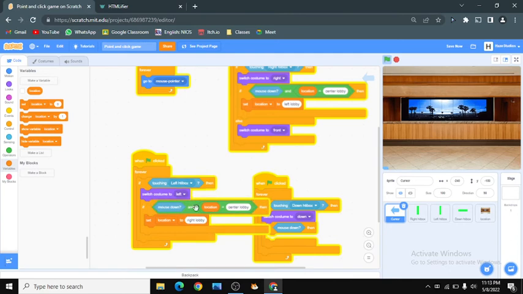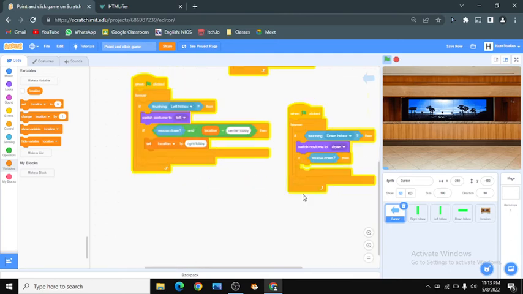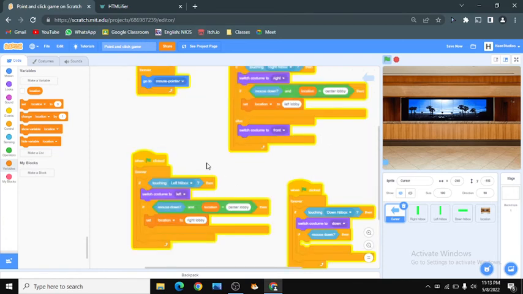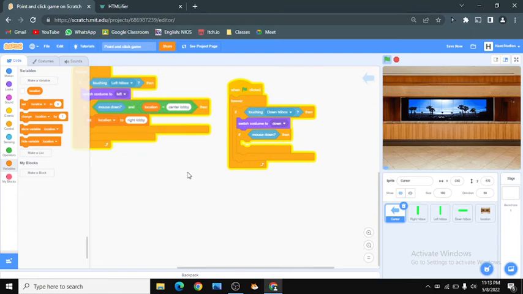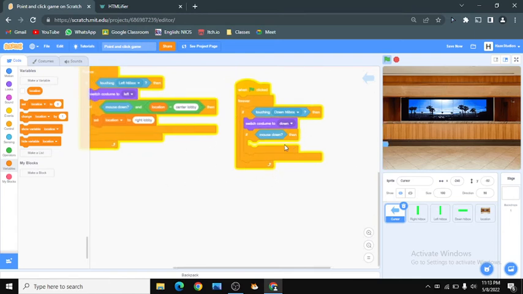Okay, so it's gonna add this, and now it's gonna say if mouse down and location is equal to center lobby, make a right lobby. And now it's gonna add in the if touching down hitbox, so it's gonna say if mouse down and, in the back.